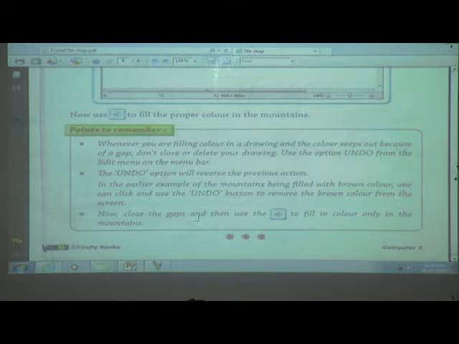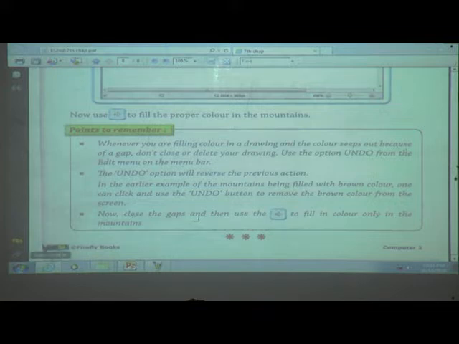The undo option will revise the previous action. If you press undo, then it reverses the previous action. In the earlier example of the mountain being filled with brown color, one can click the undo button to remove the brown color from the screen.